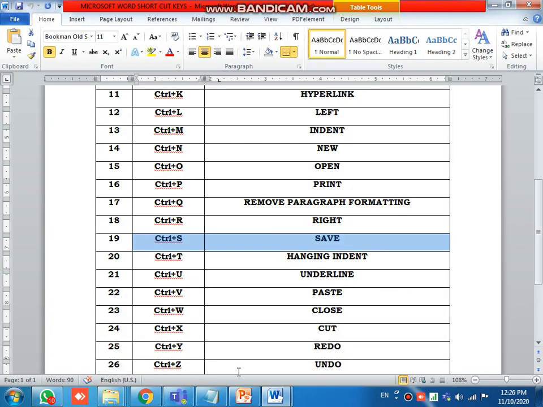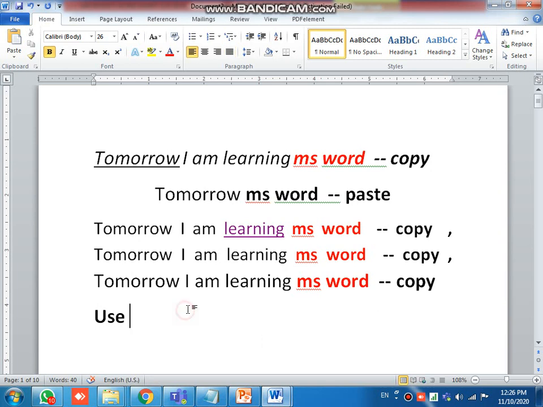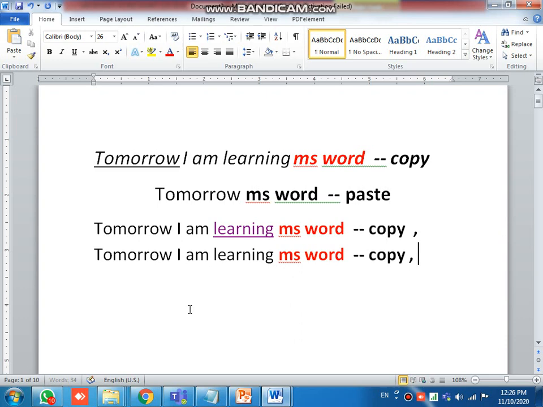Let's come to the cut. I will show redo. So here you are typing, and this is the use of the redo key. I am deleting here. If you press Control plus Y, again it will come back like this. Okay, so this is the redo.